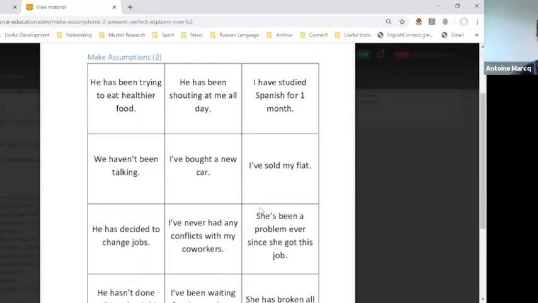I've studied Spanish for a month. Well, I can assume that you can say basic things like hello, goodbye, thank you, but we're not going to have a very deep conversation in Spanish, of course. I can assume that you're interested in Spain in some way. Maybe you want to go there on holiday. Maybe you might plan to go study there one day or to work there, to immigrate there. I don't know. Maybe you're just interested in Spanish because you've got a Spanish boyfriend or girlfriend. It's also a possibility. What's for sure is that you've studied Spanish for a month.